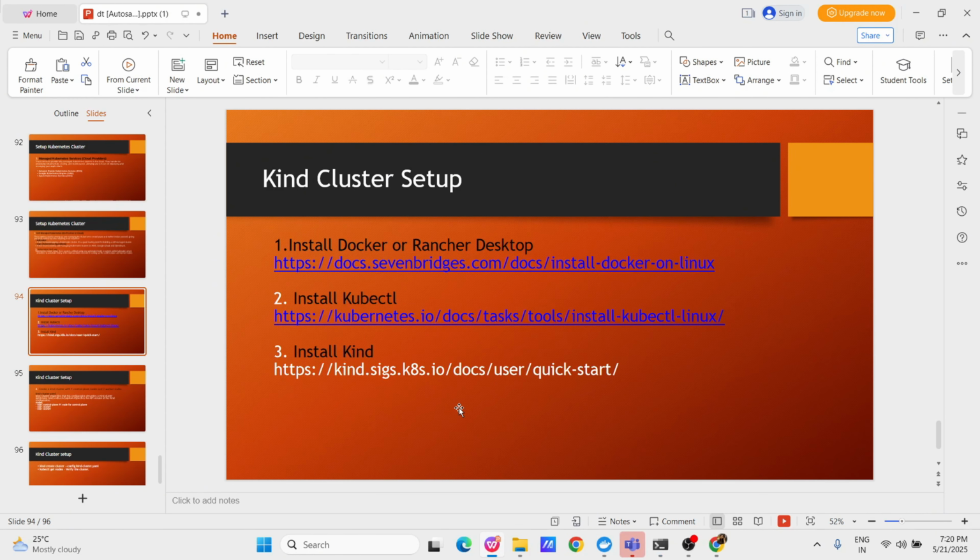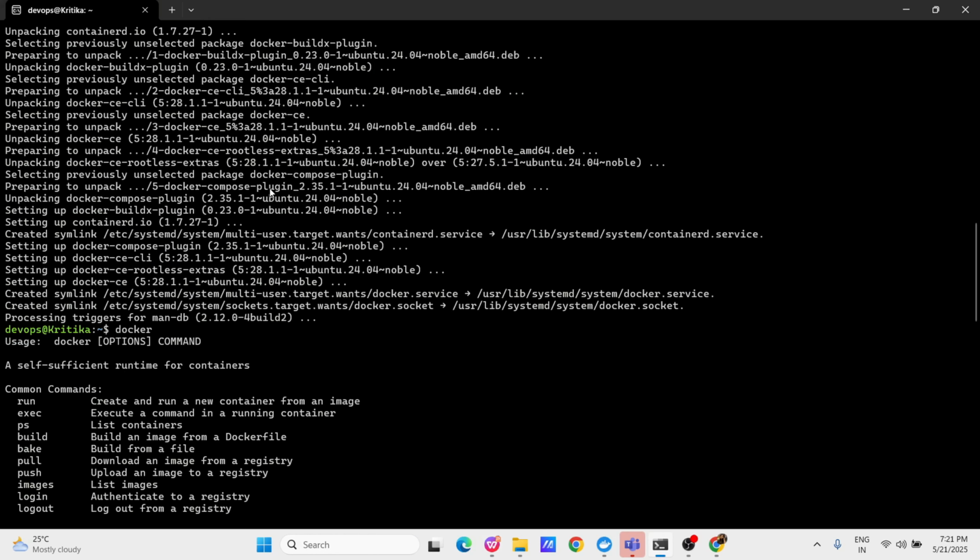So in the simple kind cluster setup, we will start with installation of Docker, then we will go with the installation of kubectl, then we will finally install kind. Okay, so how to do these things? I have a simple Ubuntu Linux server, and here I'm going to install the very first thing, that is